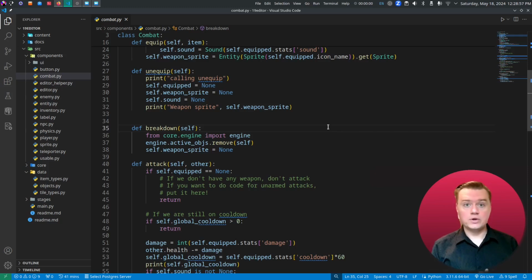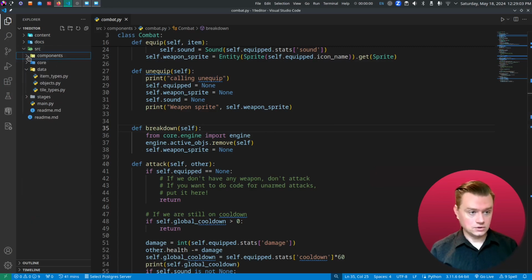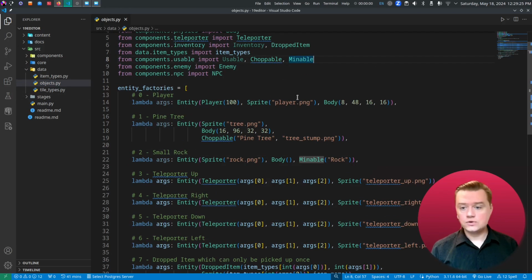Perfect. So now we need to change the entity factories to be able to support our editor. So let's go into source, data, and then objects.py. So here's the issue with this, is that in order for the editor to display more information, like the name